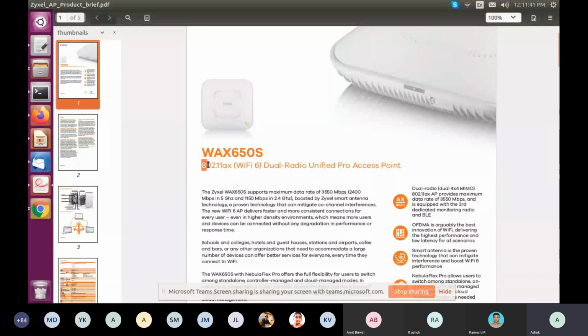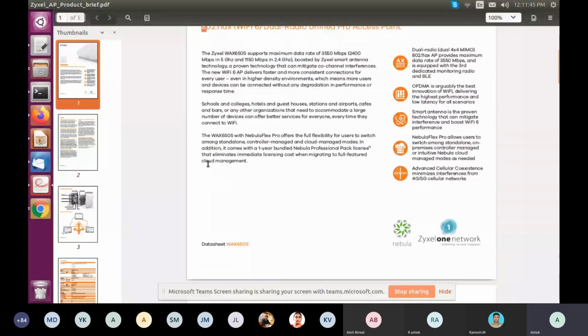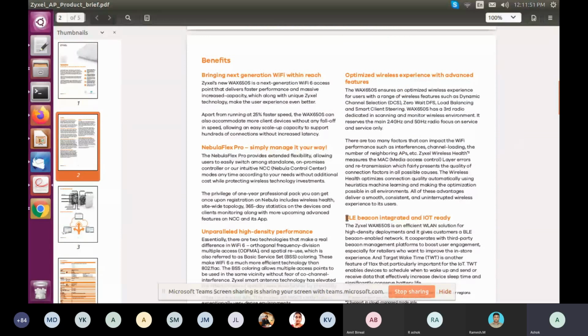Typically these days, all your Wi-Fi access points have BLE beacon integrated and are IoT ready. This is for location assistance, where they have integrated BLE technology with your Wi-Fi access points. And of course, 11AX has a very different perspective, in the sense they want to increase the density, meaning these access points are meant for places of high density, and how you could potentially work in those areas. So that is the objective of 11AX. And for that, they have designed this